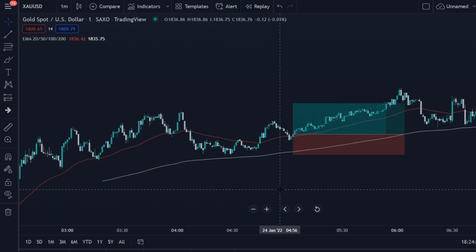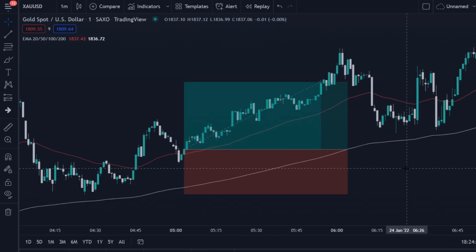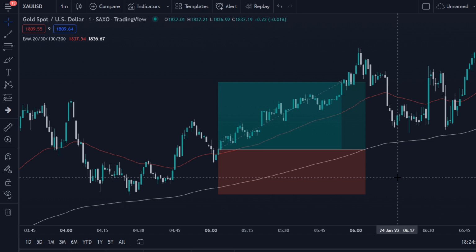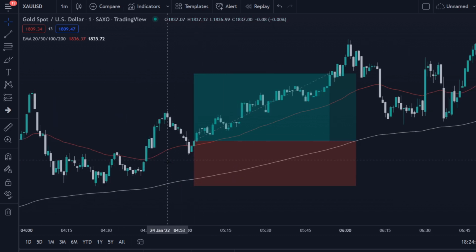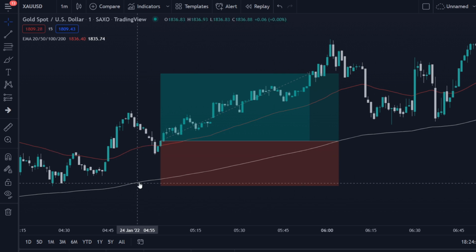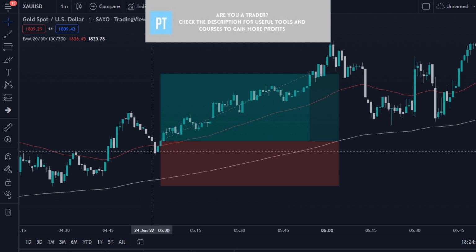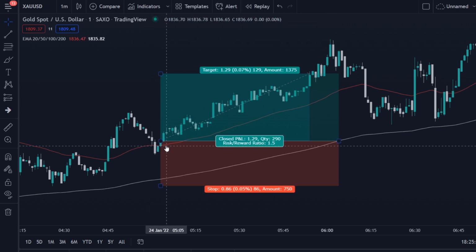Alright, and this is the strategy. It's quite simple, and I think that every beginner is able to understand the strategy. First, the 50 exponential moving average needs to be above the 200, which means that we're only looking for buy opportunities. So in this case over here, we see that the 50 is above the 200, and we wait for the price to go below the 50, and as soon as it comes and it closes above the 50 level,